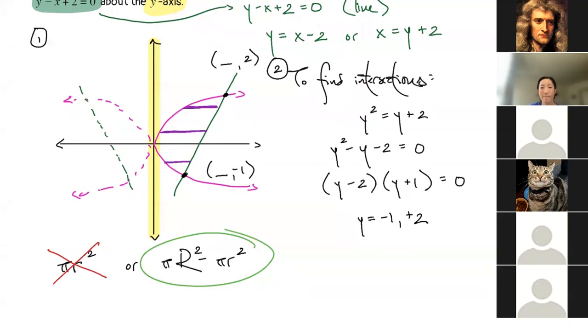I'm really glad that folks guessed what they thought, and that we all were convinced that maybe it was going to be the pi r squared, just regular. But if this part was helpful, I would encourage you to do that part, right? Help yourself out and draw as much as you can to support this idea of what does this look like in 3 dimensions? And so with that,